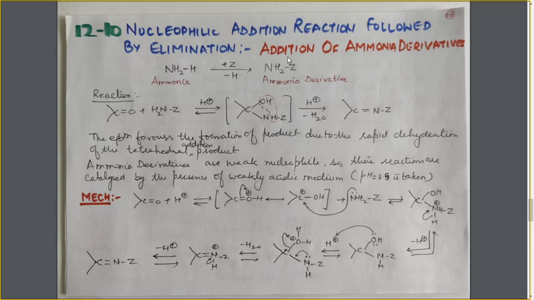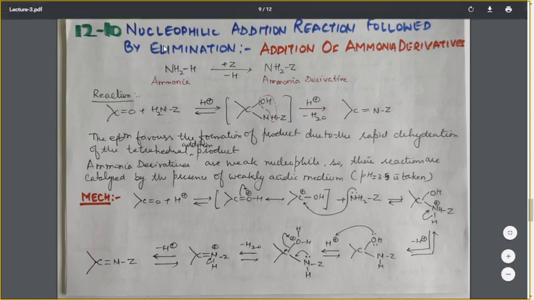Do you remember what these ammonia derivatives are? These are the same compounds which we discussed at the beginning of this lecture, how the nucleophilic addition reactions take place: the nucleophile can directly attack the carbonyl group, or these reactions are carried out in the presence of a weakly acidic medium or in the presence of H positive ion if the nucleophile is weak, that is, an ammonia derivative. These are the same ammonia derivatives which are weak nucleophiles which cannot attack the carbonyl group, and we take the presence of H positive ion to initiate the reaction.